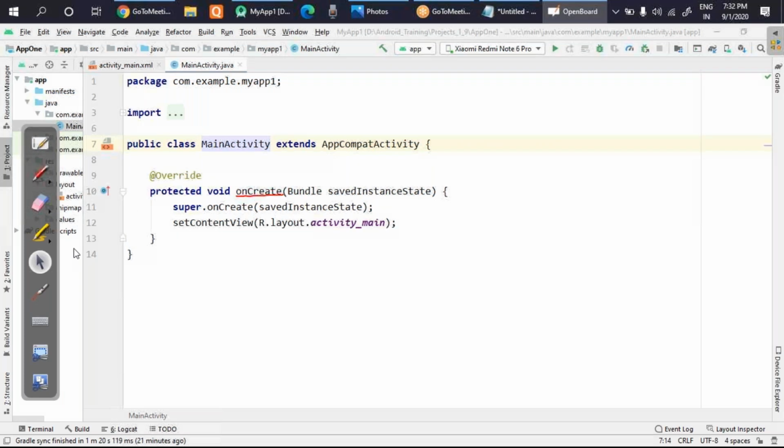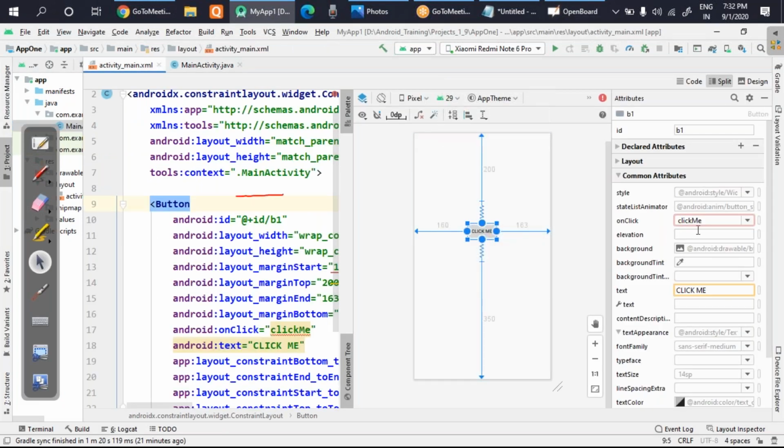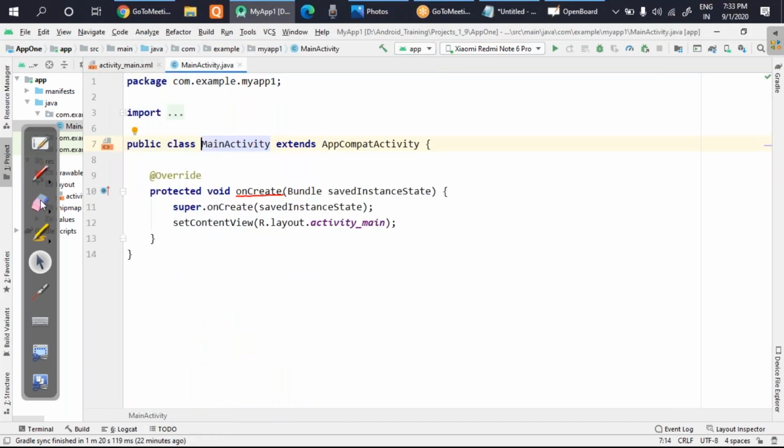Okay, and as you know, we are supposed to create one more function, and what is the name of that function? That is clickMe. Why am I going to create this function? Because when I click this button, it will actually search for this function. So let's create that function. As you know, if you want to create a function, it should be inside the class but outside other functions.